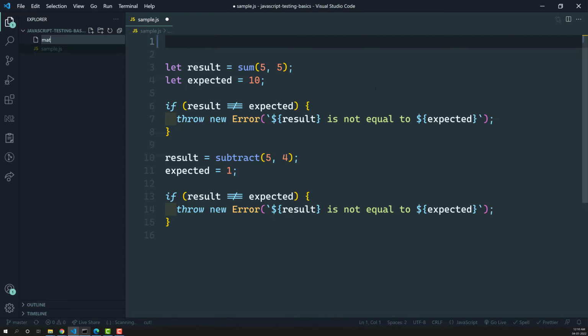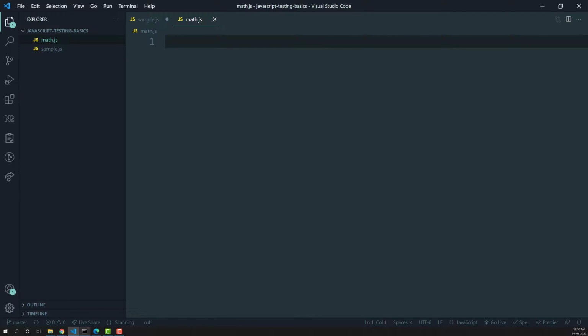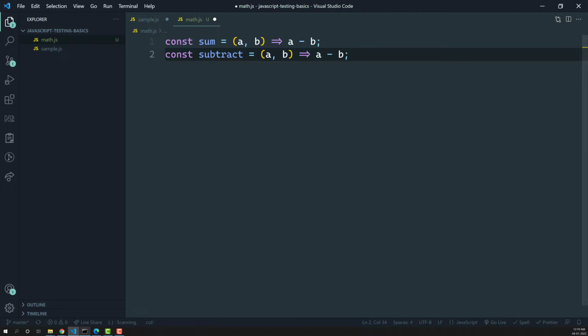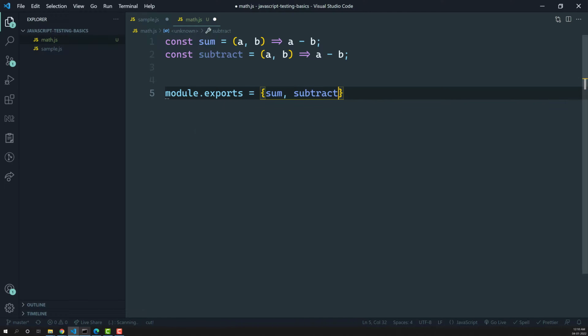Let's say I am using a math.js file. Okay, I am creating a math.js file, and in this one I am creating sum and subtract. These are the two functions, the two methods we have in the math.js file. Now I want to export these. As this is Node code, I will be using module.exports equal to sum and subtract.